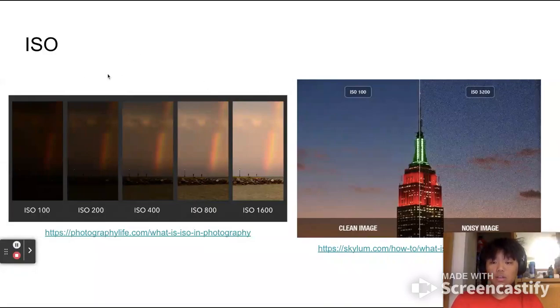Now, the first one is called ISO. ISO is the camera's sensitivity to light. The lower your ISO value is, the less light comes through. The higher your ISO is, the more